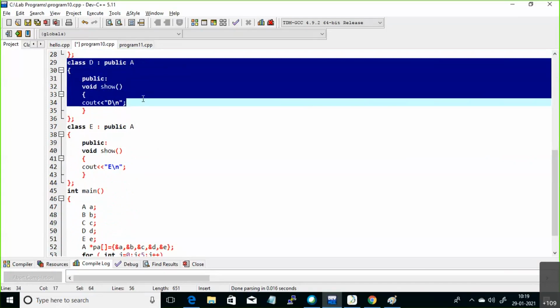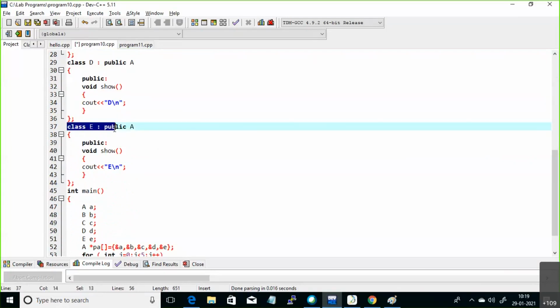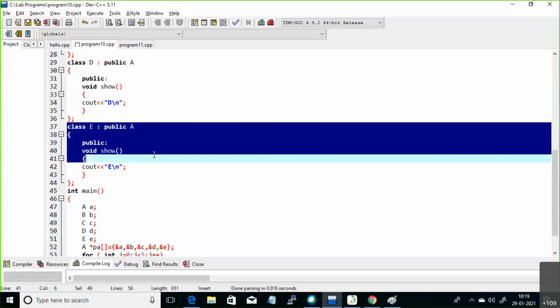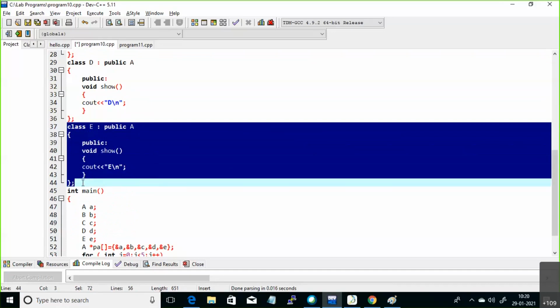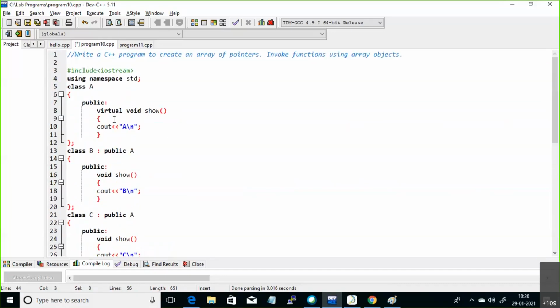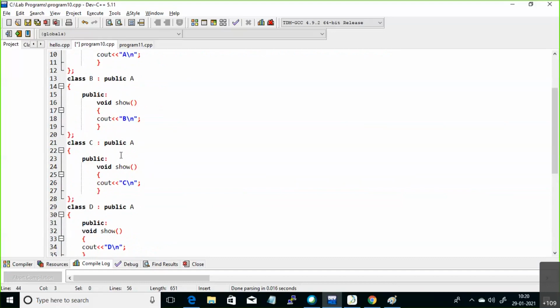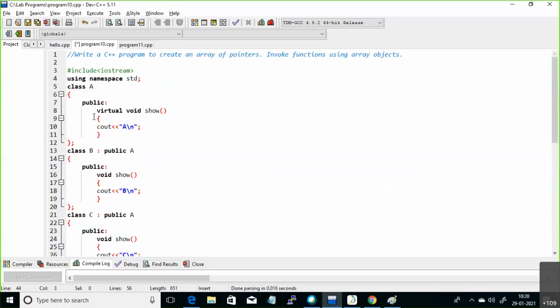And class E, deriving from A, overriding the show function and printing E in the output. Up to here, one base class with multiple classes derived from the same base class is called hierarchical inheritance.